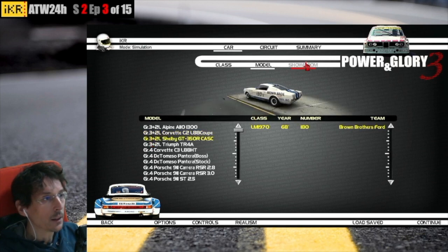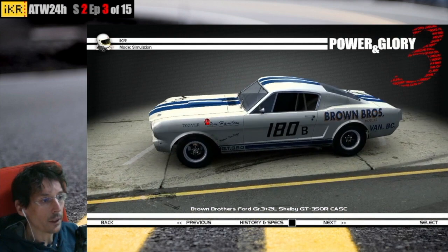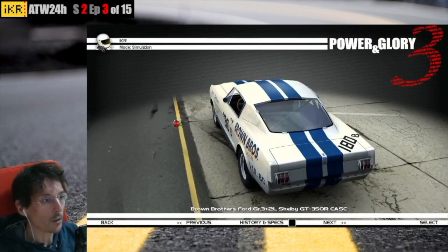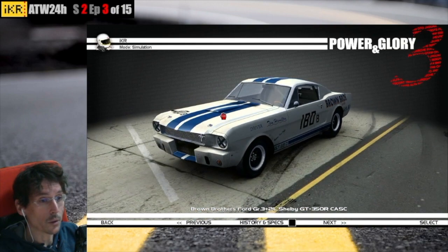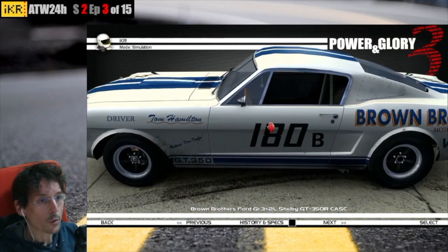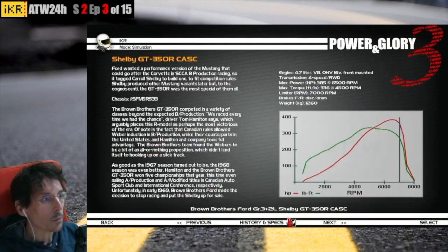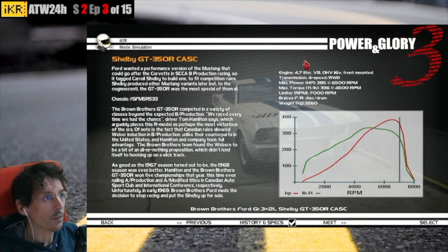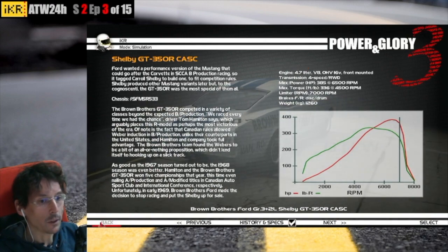A Shelby, again over 2 liters, year 68, the Brown Brothers Ford. It is a beautiful Ford Mustang equipped, let's say, by Shelby, named GT350. I do not know the story of this car, sorry, so I'm not going to tell much more. Tom Hamilton, the driver, beautiful livery. The car was powered by a 4.7 liter V8, overhead valves, 16 in total, front mounted, 4-speed rear-wheel